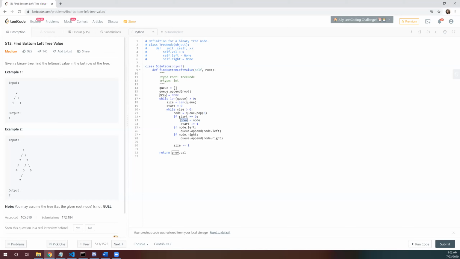Next time if 3 comes and pops out, it would not come in this part because it's already increased, since it is not equal to 0. So it just adds its children and moves ahead. Similarly, if I reach the last part of this level and pop out, it would be the only one.